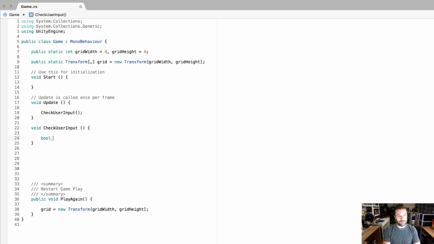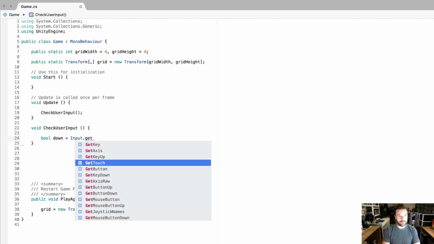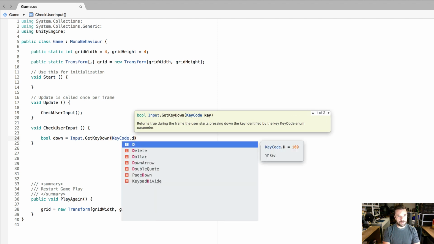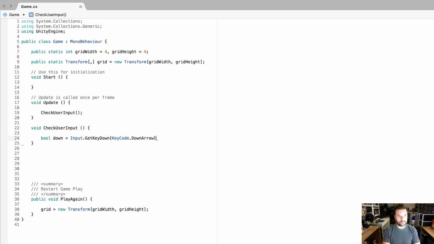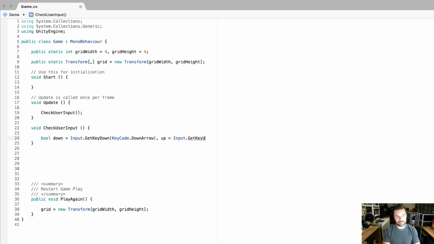And we're going to name them simply down, and then we're going to set that equal to input.GetKeyDown, KeyCode.DownArrow. All right, and then we're going to do a comma because we're still defining booleans, so we can define all of those on one line. That's just to make things simpler and faster. So then we're going to do up equals Input.GetKeyDown